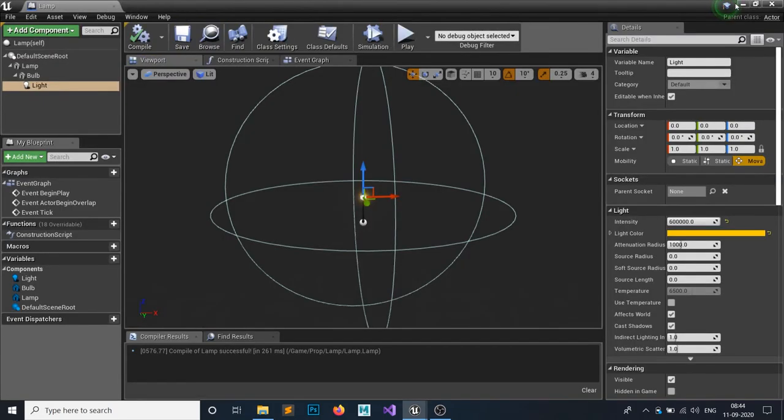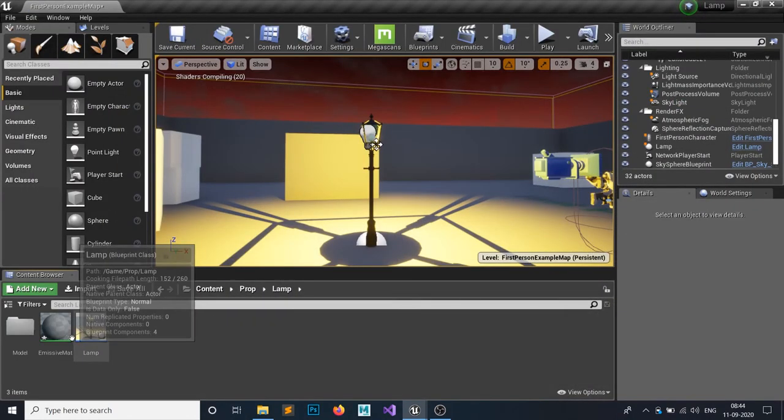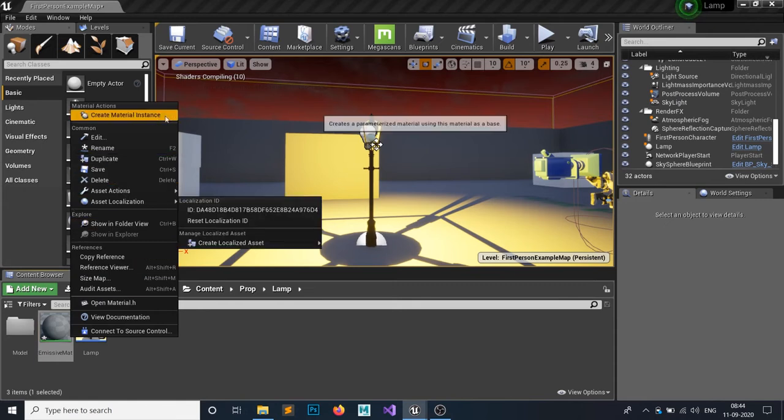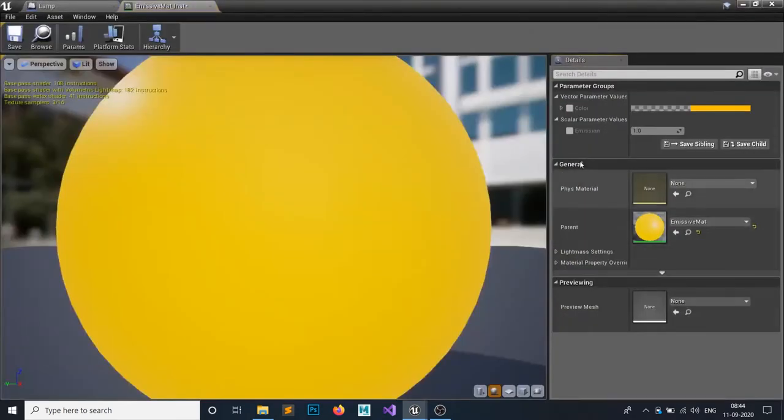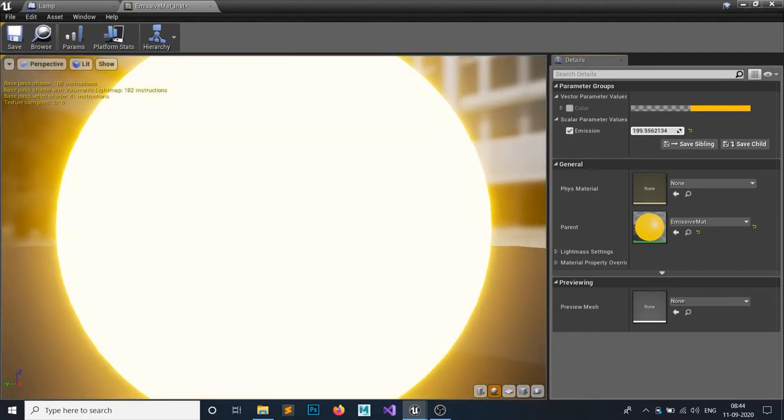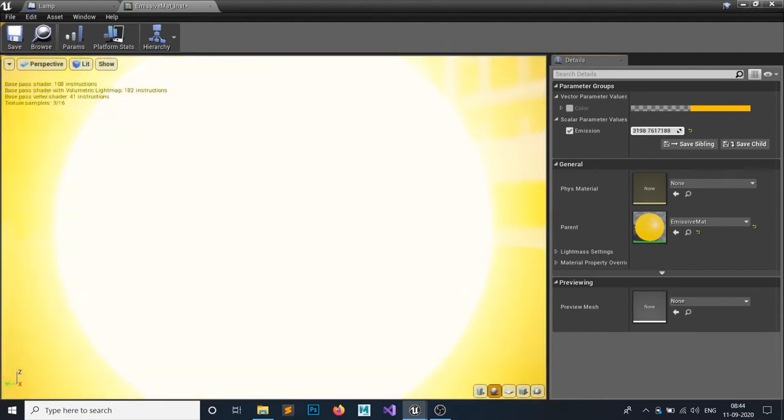Close that up, minimize that, and by right clicking this emissive material, you're gonna create a material instance and just hit enter. And if you open that up, and if you just click on this emission and you change it, you're gonna see how this gonna emit your colors.